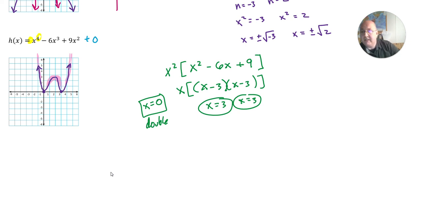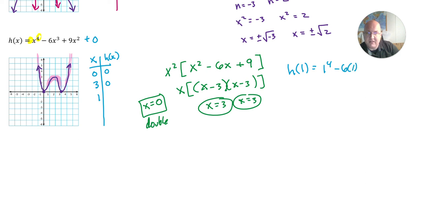Well, we can get our old trusty standby, the t-chart, out, and we can say, okay, now that I know some of the key points here, I know that there is a point 0, 0, and I know that there is a point 3, 0. Let's find the other points between those. So how about let's try 1, and we can plug 1 in. So I'm going to do h of 1, and that equals 1 to the 4th power minus 6 times 1 to the 3rd power plus 9 times 1 squared. That's pretty easy to do, right? 1 to the 4th power is 1, so 1 minus 6